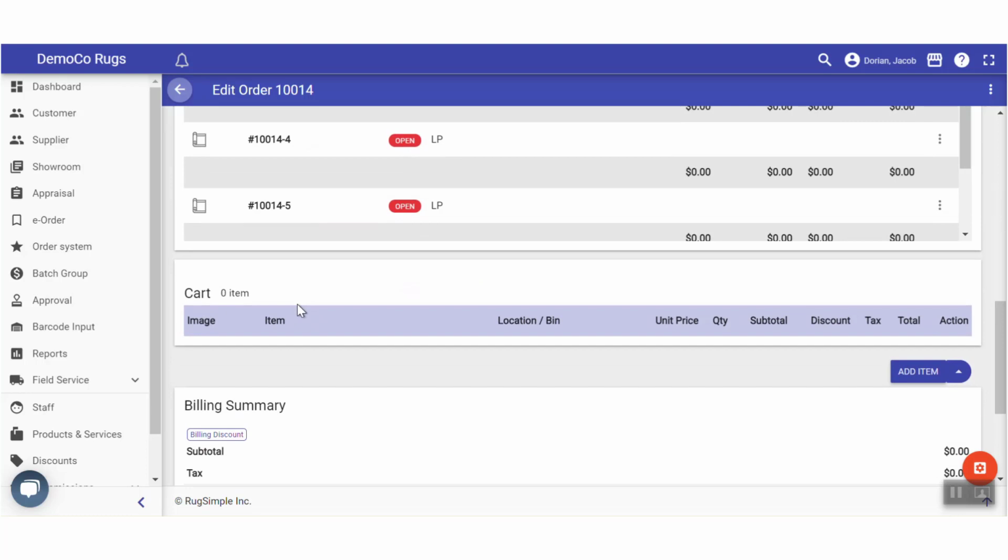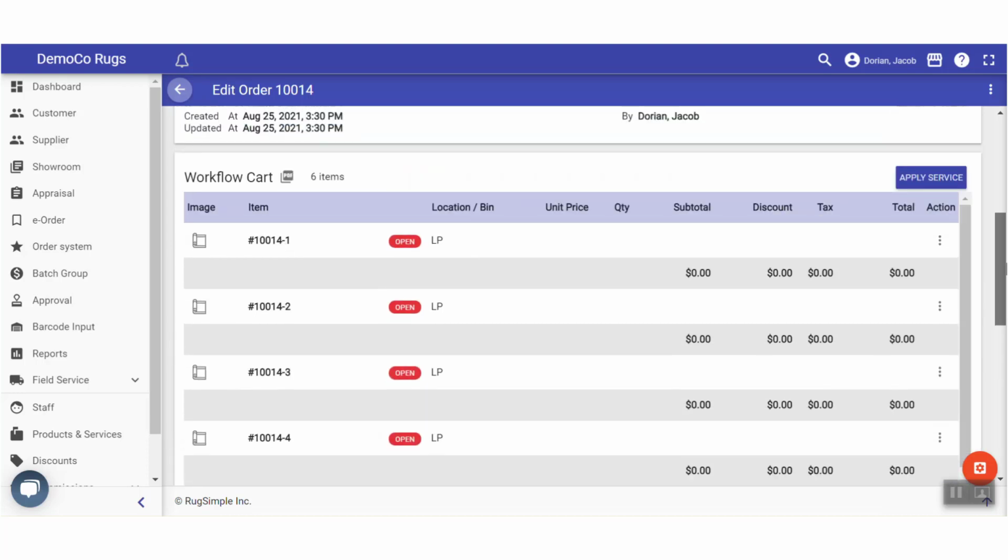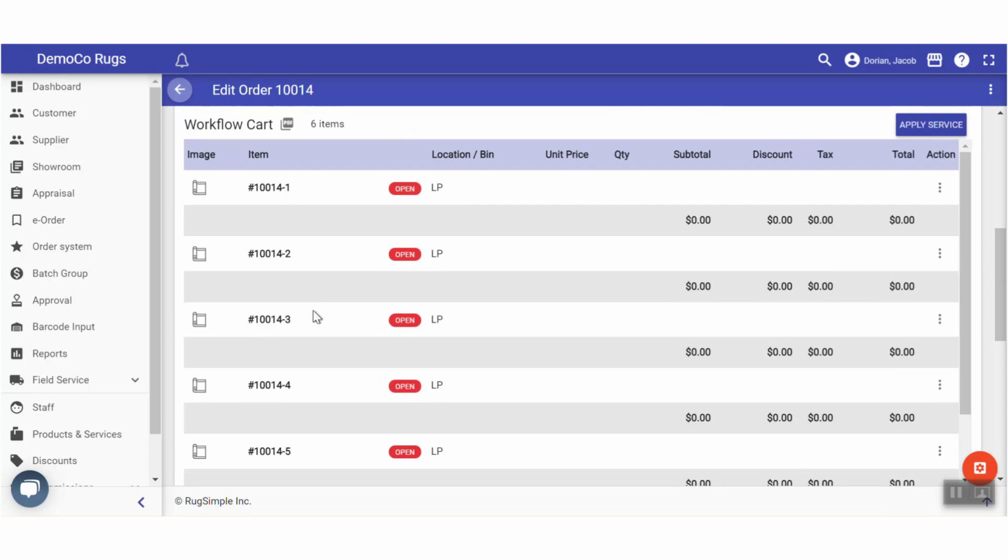This cart down here is for any item, tangible item or intangible service that is not related to a rug that you brought in. This could be underpad, this could be extra shipping charges, this could be other items that you might sell in your cash and carry area, like stain remover or books or what have you. This is what you're going to be most concerned with when it comes to cleaning. Now that I'm in the order,